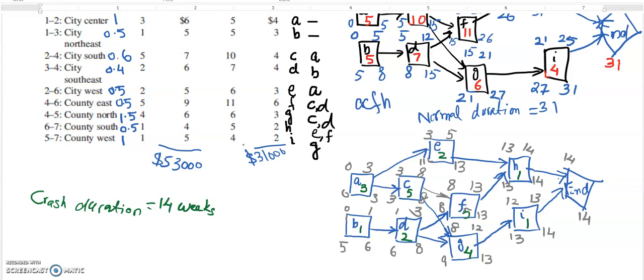Okay, so for the least cost crashing part, crashing in these 14 weeks, of course the cost which we have obtained is $53,000, but this cost can be reduced. So how can this cost be reduced? For this we should look at this